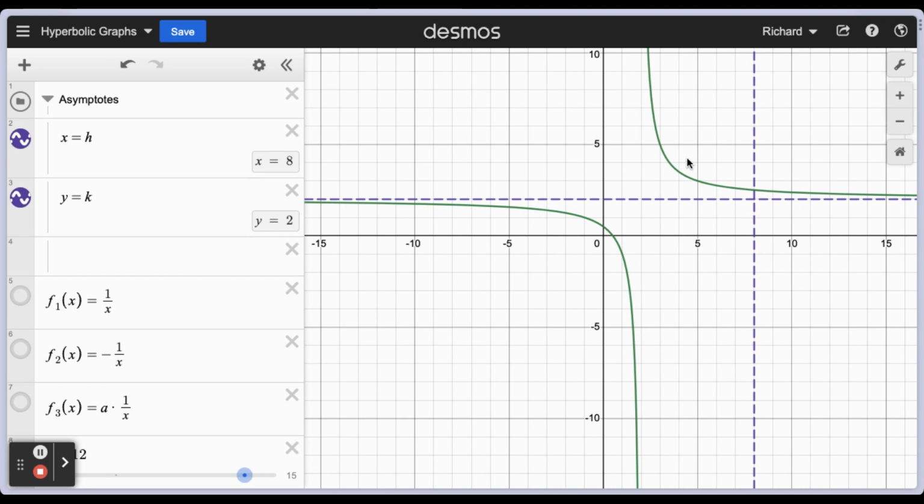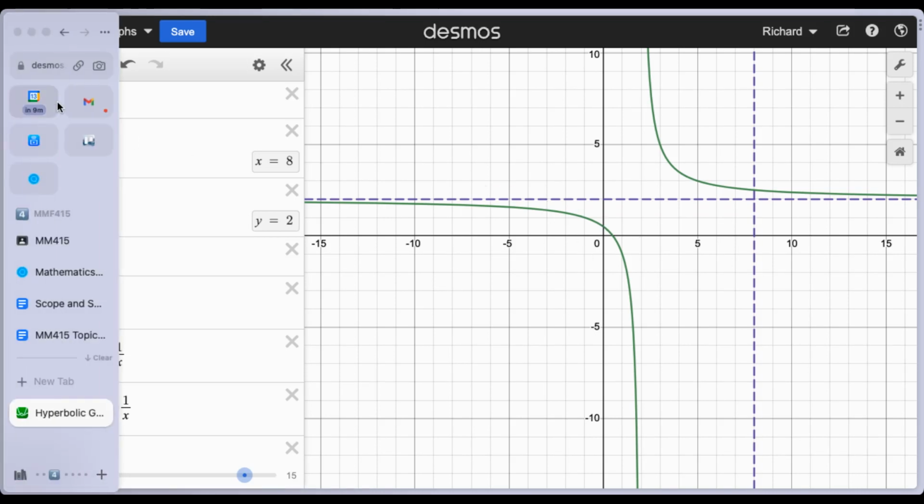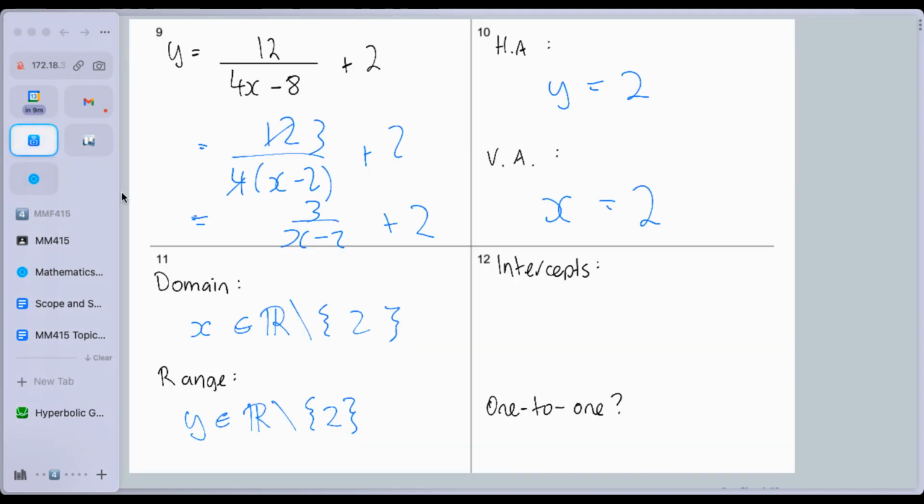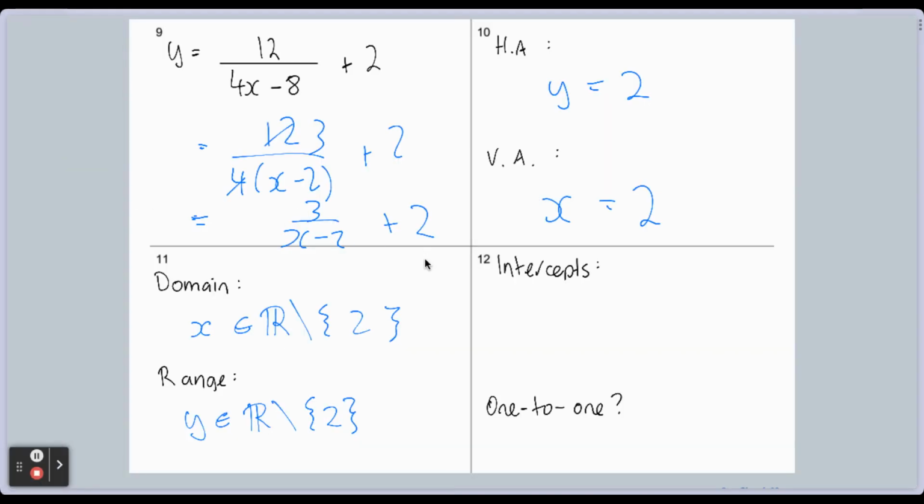Because it's got asymptotes, we now have the capacity to have a y-intercept and an x-intercept. Okay, so you need to work out what that y and x-intercept is, and I'm not going to get you to do it because of time, but I'm just going to say the intercepts are worked out